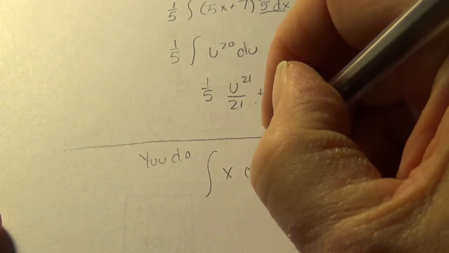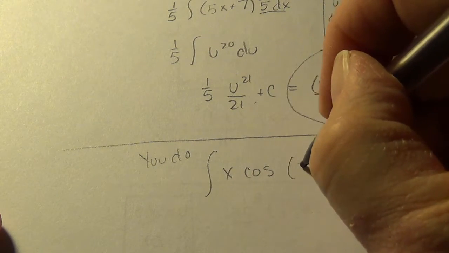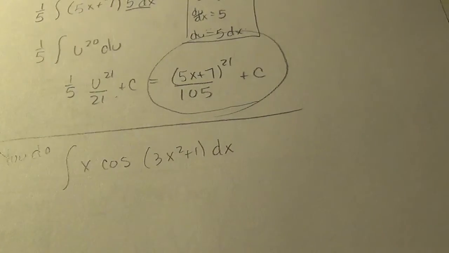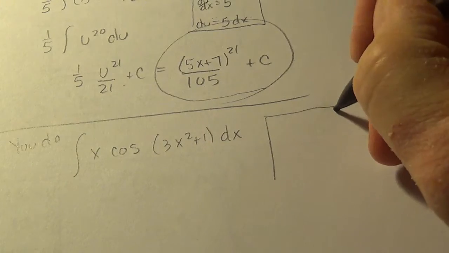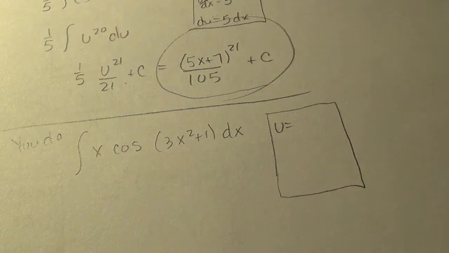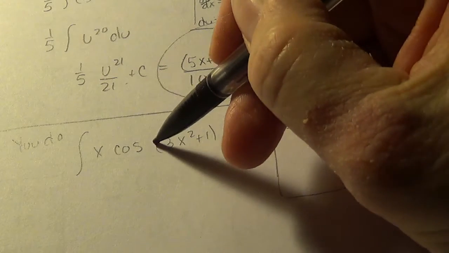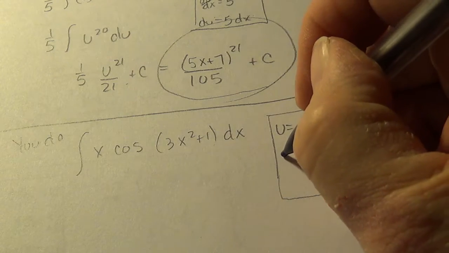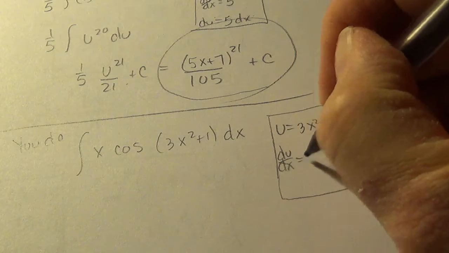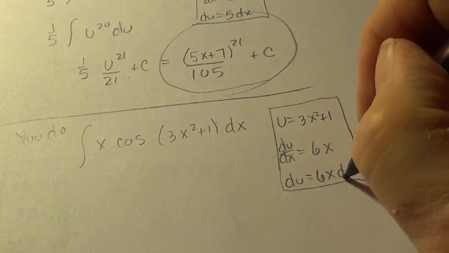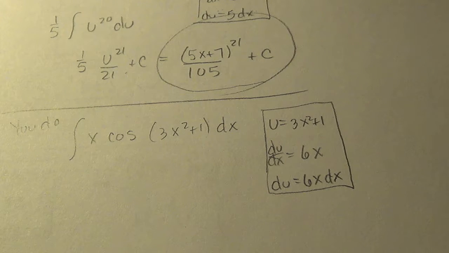Alright, x cosine of 3x squared plus 1 dx. Go ahead and pick your u. Alright, you probably picked the right u by now, and it is that to which the cosine is applied. It's the 3x squared plus 1. So du/dx, the derivative of that is 6x, and solving for du alone,